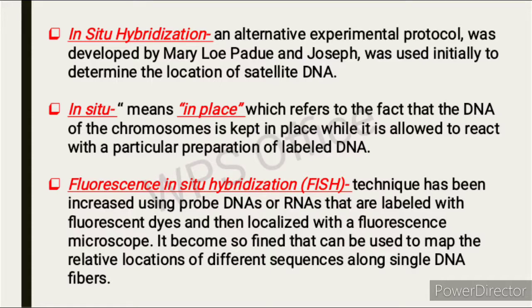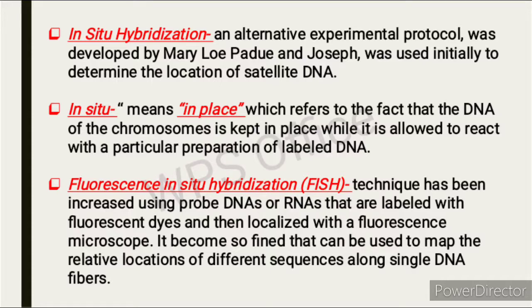An alternate experimental protocol called in situ hybridization was developed by Marie-Laure Pardue and Joseph Gall of Yale University and was used initially to determine the location of the satellite DNA. The term in situ means in place, which refers to the fact that the DNA of the chromosomes is kept in place while it is allowed to react with a particular preparation of labeled DNA. In early in situ hybridization studies, the DNA to be detected was radioactively labeled and was localized by